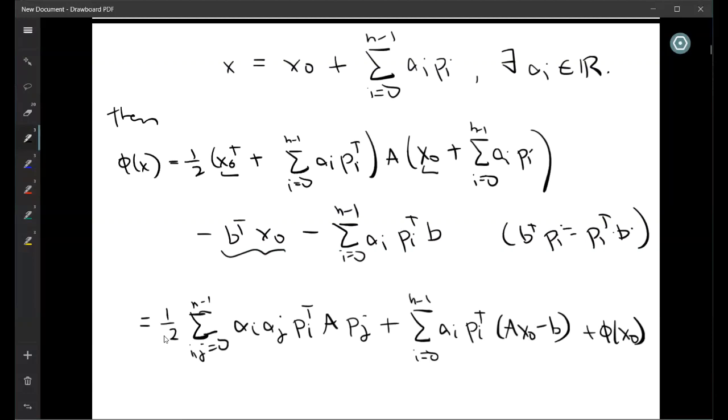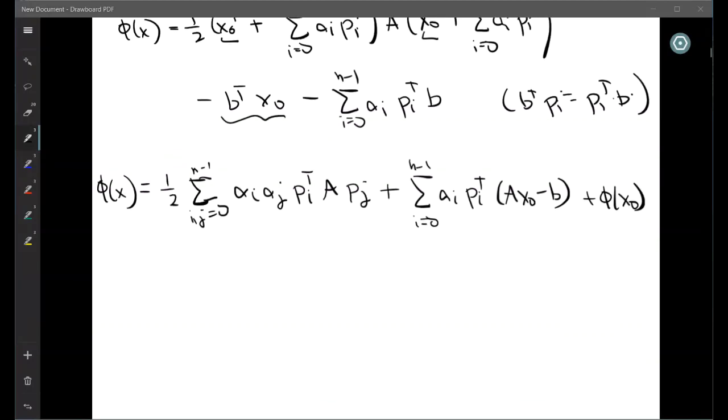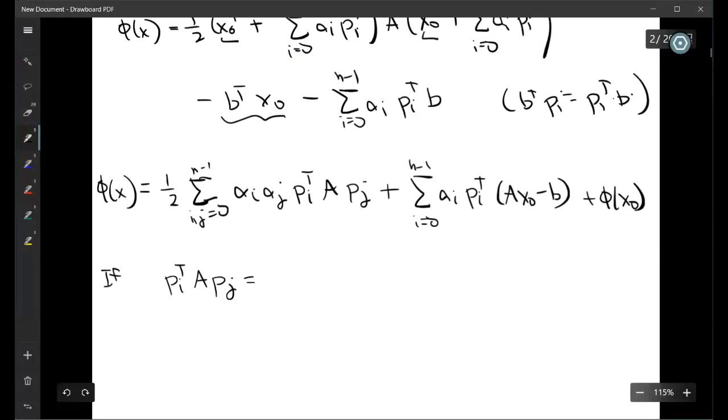So we have this term with lots of terms, or rather a quadratic function with lots of terms. So let's simplify this one by imposing the following condition. If we choose those set of vectors such that this scalar here, p_i transpose A p_j, is 0